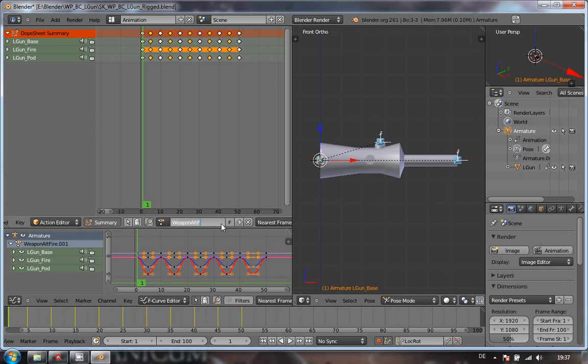Now what we're going to call this one? Well, the next one we're going to do is the put down anim. The put down anim is actually, I suppose most people would say, the deselect. So when you change the weapon, you put that weapon down. See where I'm coming from? So what we're going to do is, we've still got all these there. So yet again, holding the mouse here, making sure I